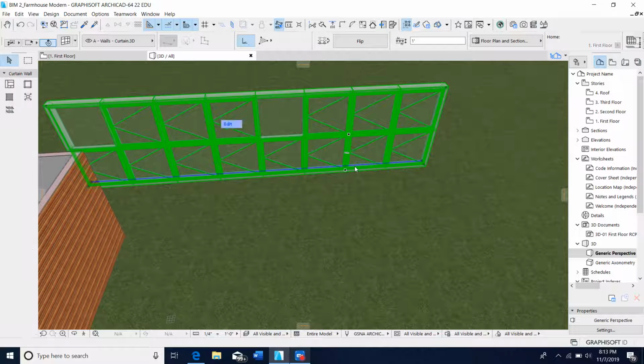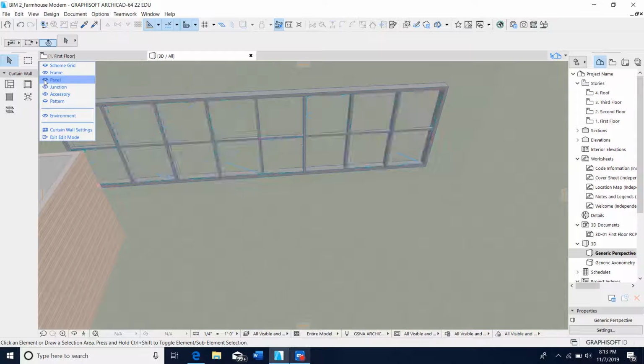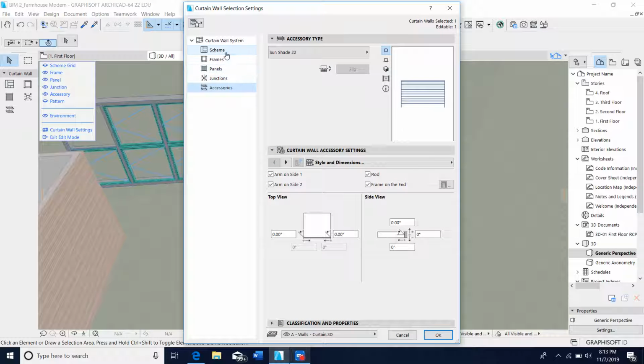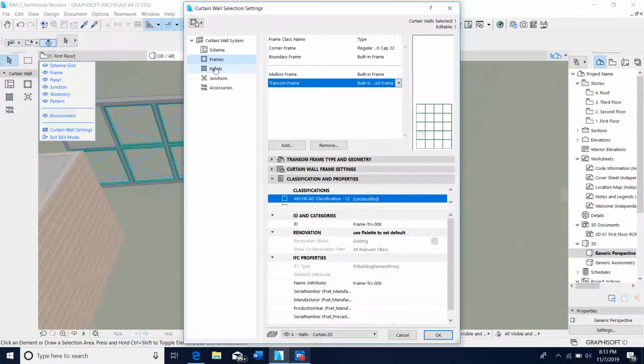You can hit edit, and right here you can either hide, which makes it a little bit easier when editing to hide and reveal different things, or you come down here to the curtain wall settings, and clicking on the curtain wall settings brings you back to this toolbar, and you can go through and